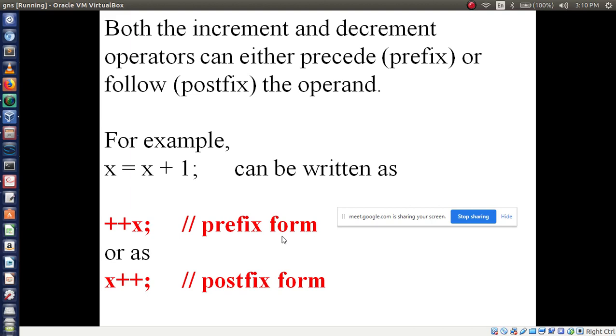But here in our language, if you use plus plus before the operand, it is called prefix, and if you use plus plus after the operand, it is called postfix increment. If you use minus minus before, it is called prefix decrement, and x minus minus is called postfix decrement, right?